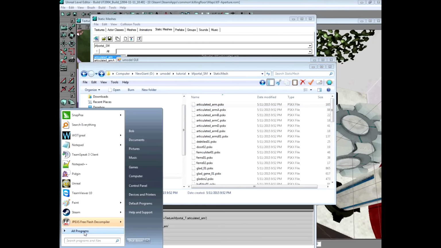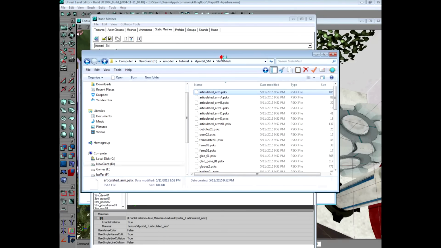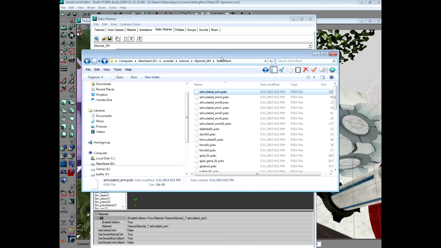So I'm assuming you want to import this into Unreal 227 as a proper static mesh. If that's the case, you need another tool. You're going to need another tool regardless. You're going to need Milkshape 3D. Now, this is a paid program, but I'm sure you can find it somewhere, unless you want to go buy it. It's old, and its only good purpose in life is not as a modeling tool, but as a converting tool. So I'm just going to pause this and wait for it to load.